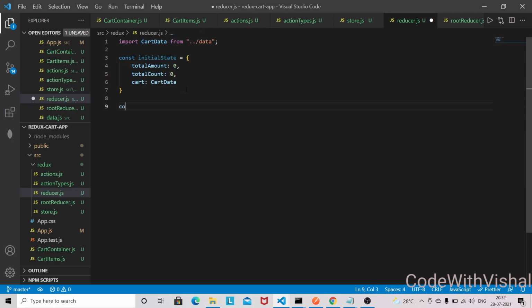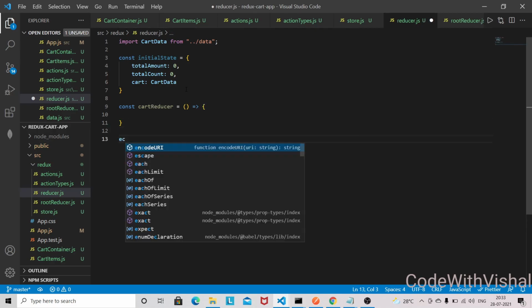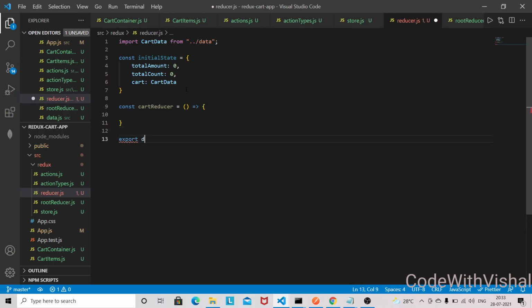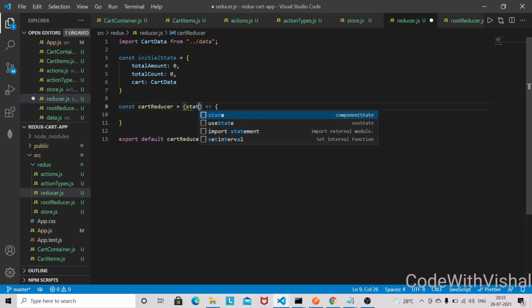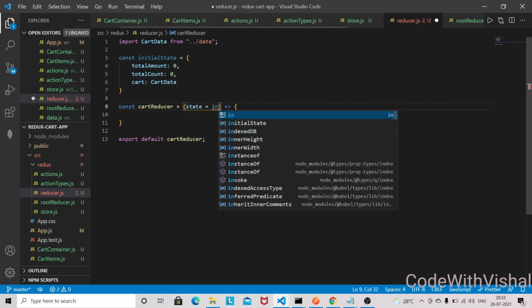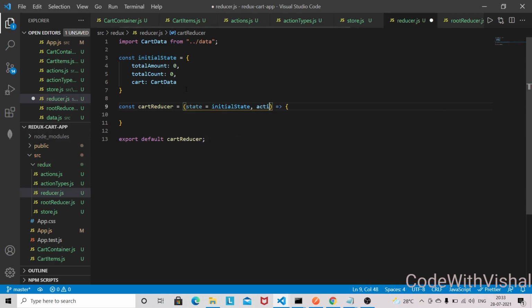And let's define this reducer, so cart reducer, and export this one, export default cart reducer, and we'll have the state here, so state is equal to initial state, and the action.